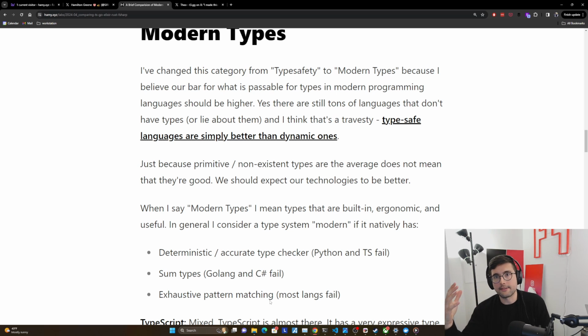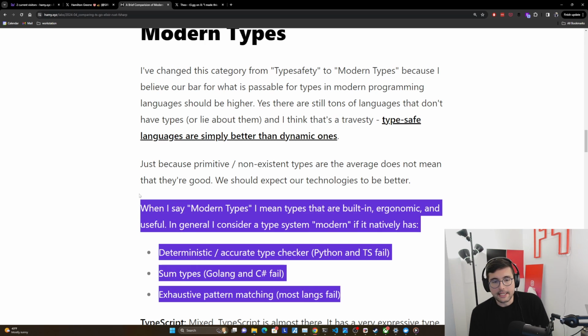And that's where exhaustive pattern matching comes in. It says you've changed what I understand the system to do, and now I can show you all the places in the system where you are not covering potential actualities. And I think this is so important to good systems at scale. Most languages just don't have this. Even the ones with pretty good type systems just don't do this yet. And I think this is very important for good, long-standing programming languages that are robust and keep people from making mistakes.